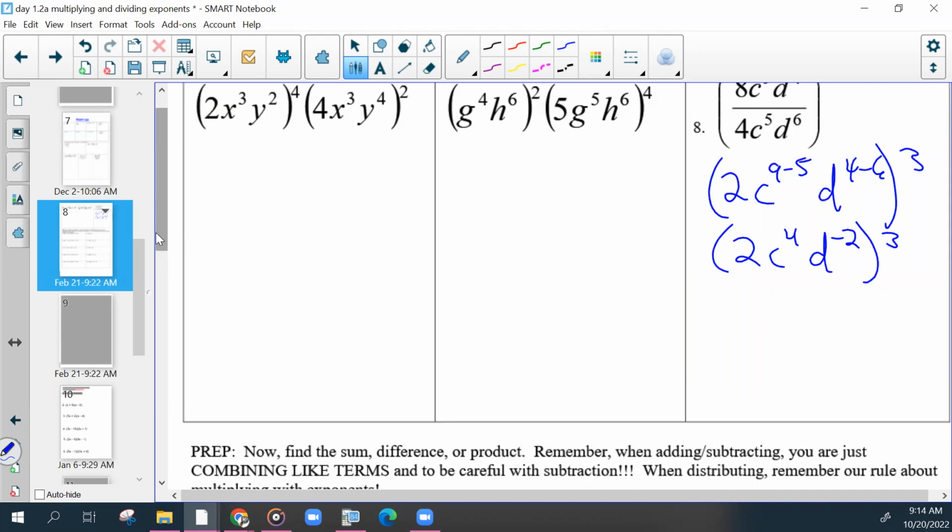What would be the next step? Linda: Multiplying it out, the inside exponent with the outside exponent. Correct. So think about that like distributing the exponent to the other exponents, but multiplying the exponents to the exponents. So 2 to the third, c to the 12th, d to the -6.